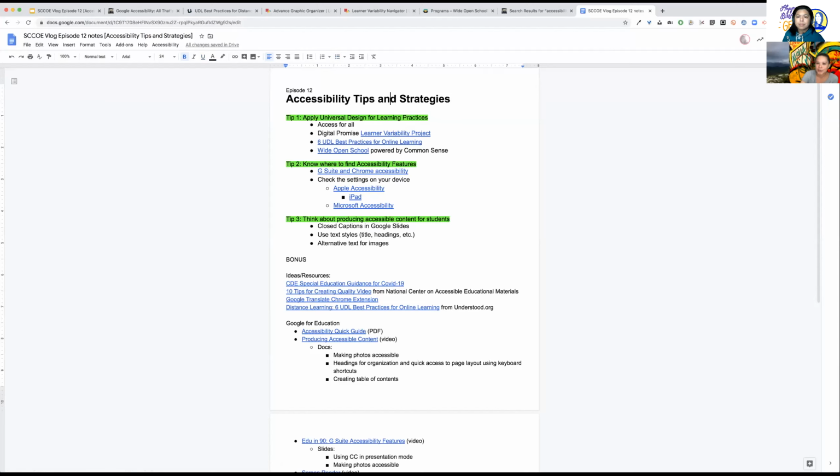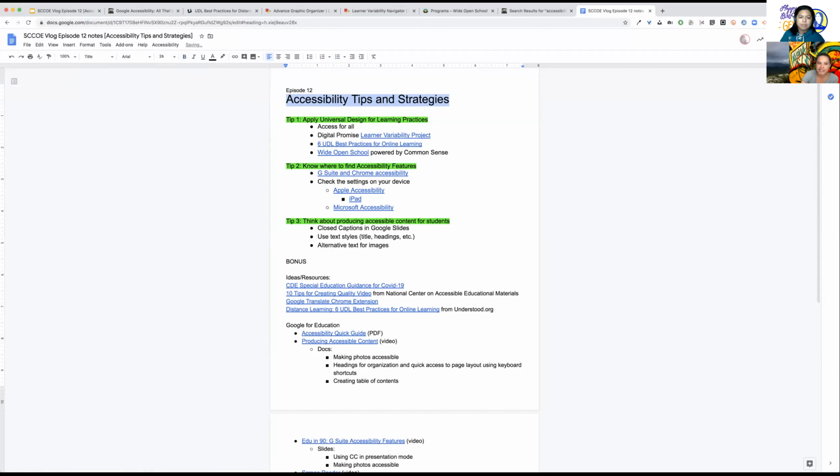We can easily change the size and the boldness of this, but if we simply label this as a title, and then take these different tips and make them headings instead,